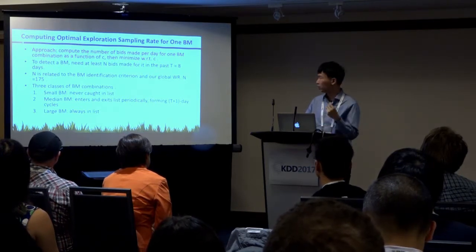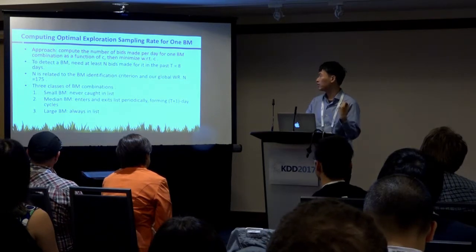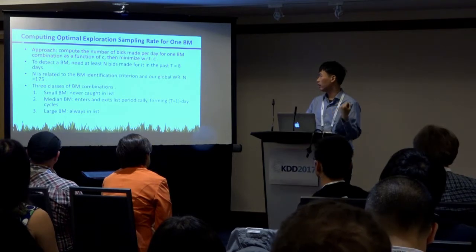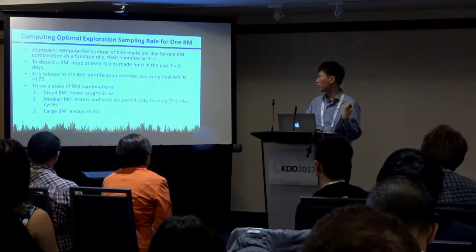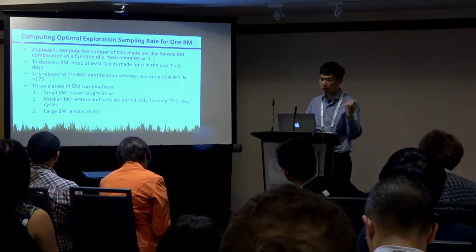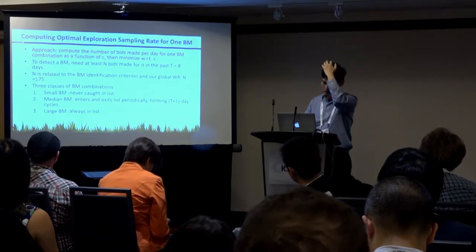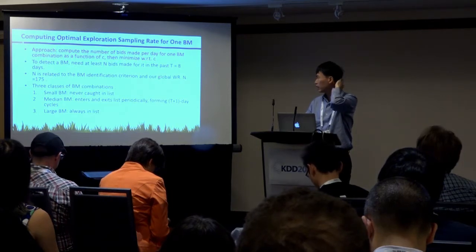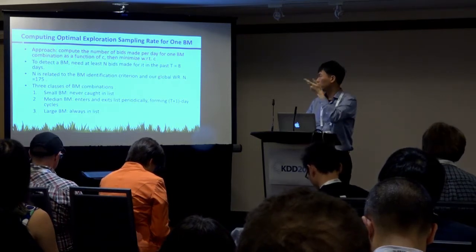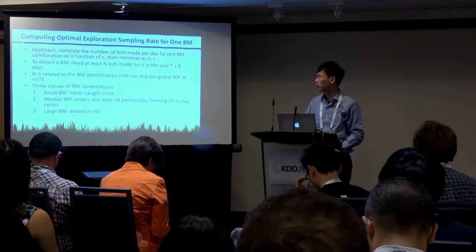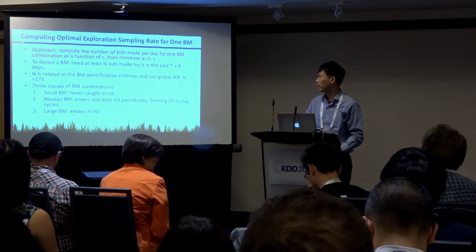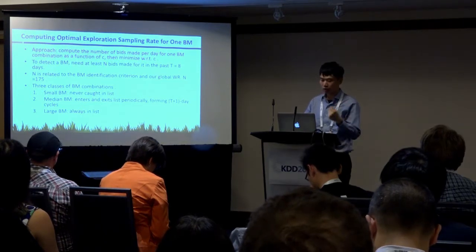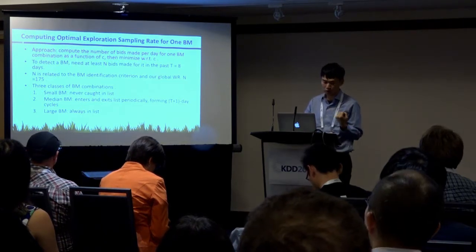To detect the band marketer, you need to make at least n bids for the last T days. And n is related to the algorithm and also related to the global win rate. Because as I said before, you need to have at least seven expected impressions, as in one of those previous slides, for the algorithm to detect a band marketer. So n turns out to be 175. As you go through the math, I'm just going to talk about intuition first.